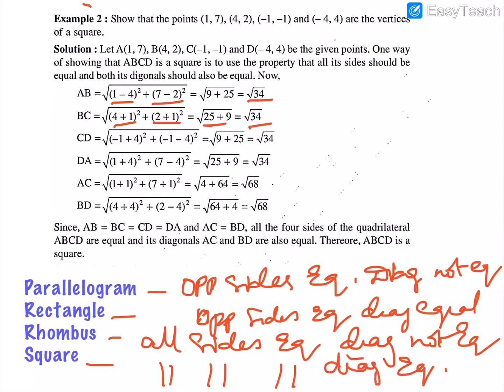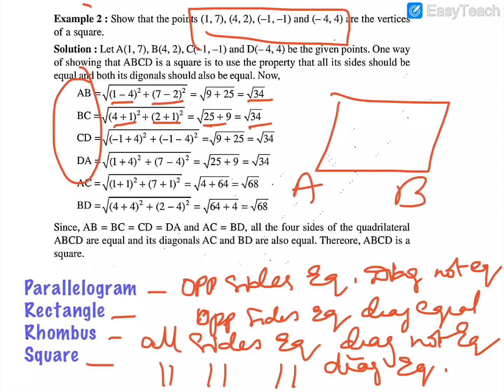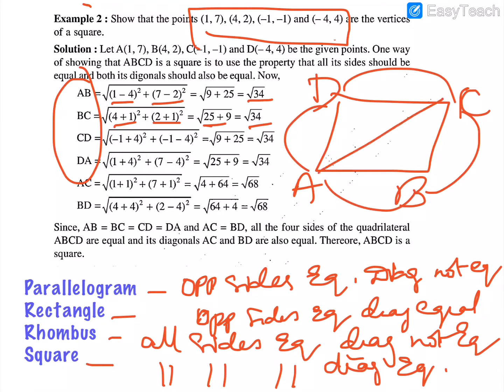Okay, so using these techniques, whenever you are given 4 points and asked to find out or prove it as a square, rectangle, rhombus, or parallelogram, we will follow this strategy. First we find all 4 distances, that is AB, BC, CD, DA, along with the diagonals also. So there will be 6 distance formulas. After calculating all the 6 distance formulas, we will check which of these 4 it is matching, so accordingly it will be that figure. Based on this, there are some questions in the exercise, you can solve them later.